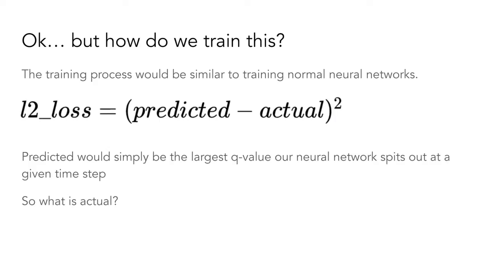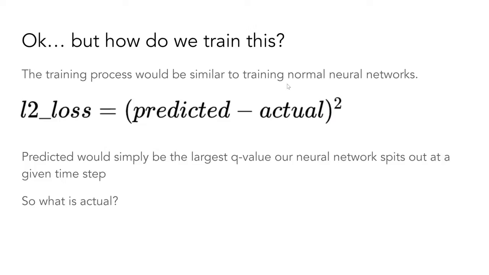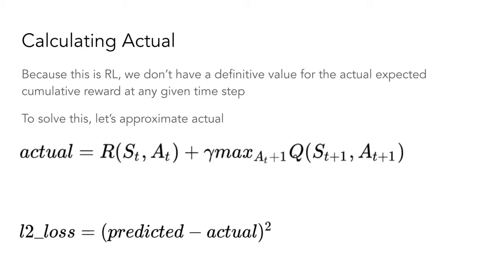The only tricky part of this is how do we train this now? So our predicted, once again, will be, let's say we take the maximum Q value that this outputs. And the actual, well, what does actual mean in this context? It's not like we exactly know what is the most optimal thing to do if I'm playing Dota, League of Legends, or StarCraft at this moment in time. So we predict the actual as time goes on. What we tend to do is say, all right, actual is going to equal, and we include the Bellman equation back into this problem: our reward plus discount of the maximum future